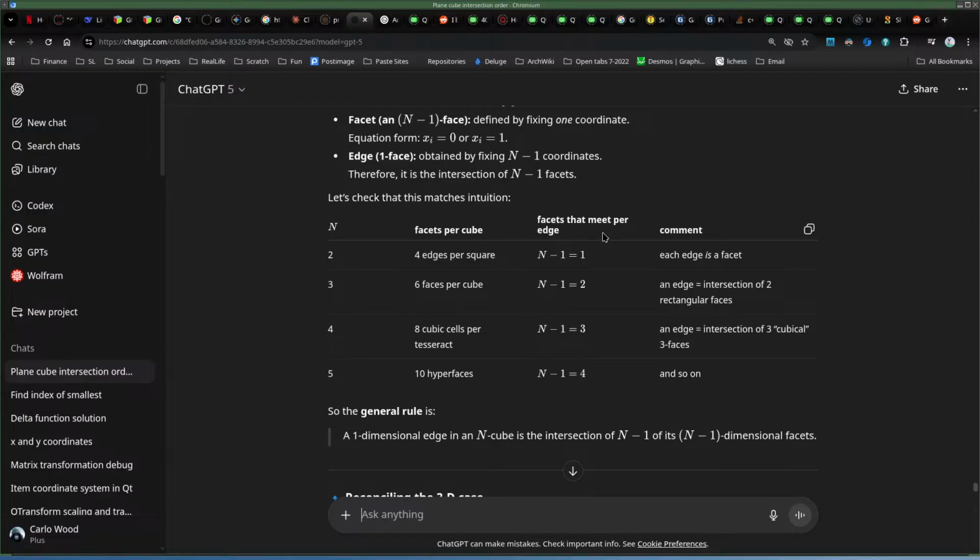Facets that meet per edge. So it's n minus 1 that must meet for an edge. And in the case of 3, you have 2. In the case of n is 4, you have 3 facets that are meeting for a single edge. Thus,